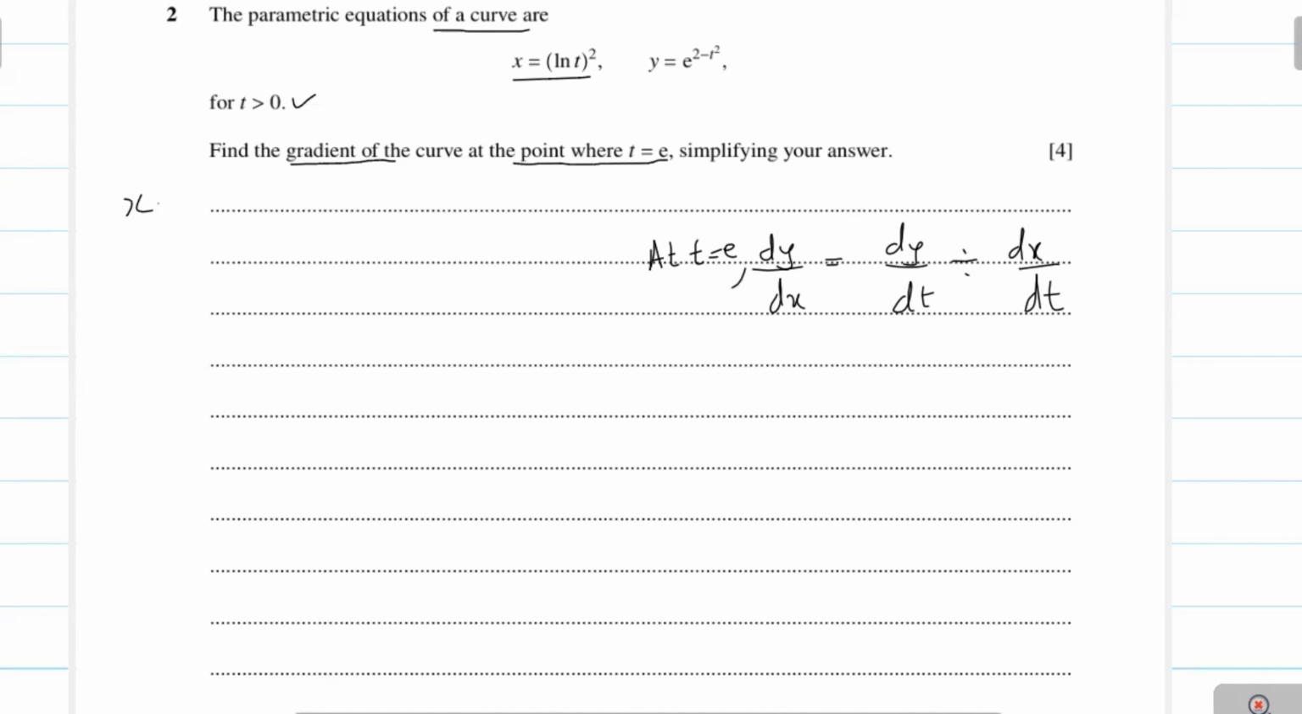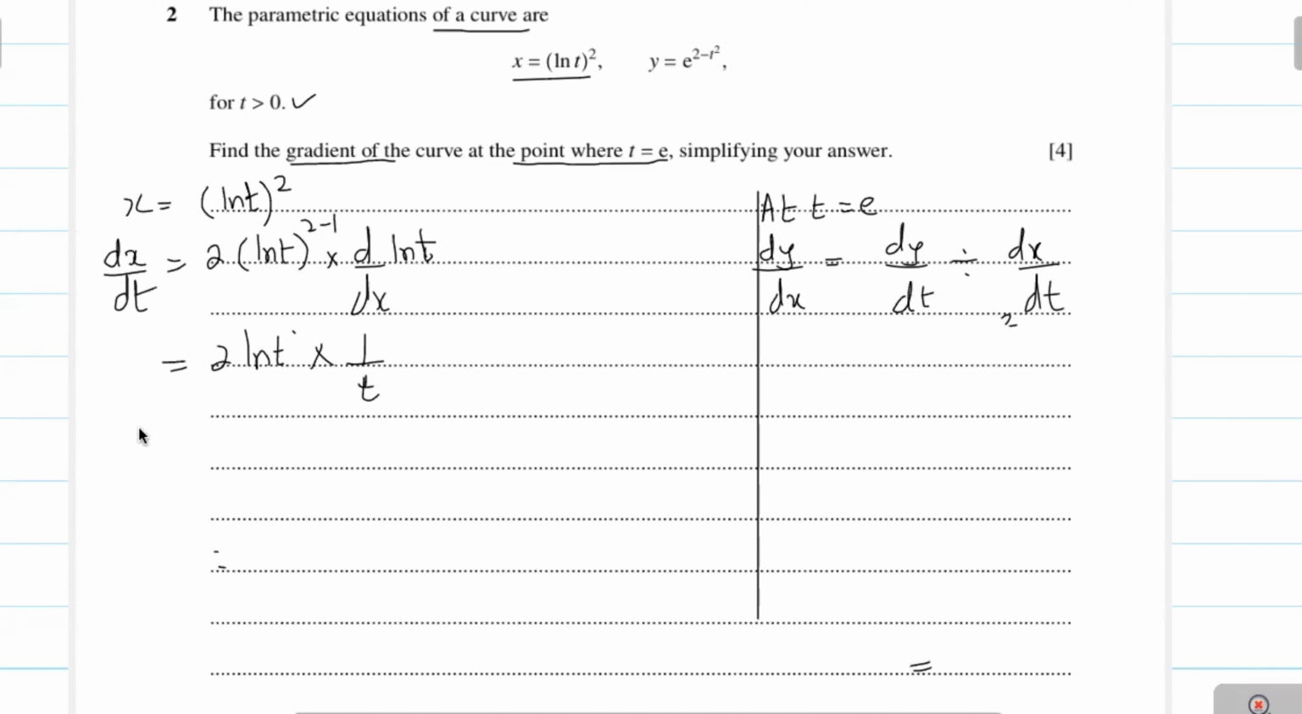You see here x equal to (ln t) whole square. We take the derivative on both sides, d over dt. This will be equal to 2 into (ln t) power 2 minus 1 into derivative of this base ln t. Now we can write 2 into ln t into derivative of ln t, which is 1 over t. Now we can write here t equal to